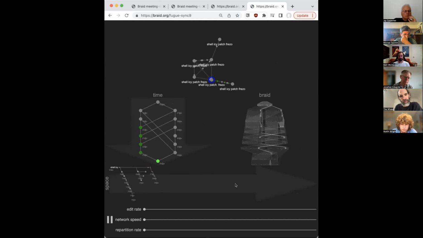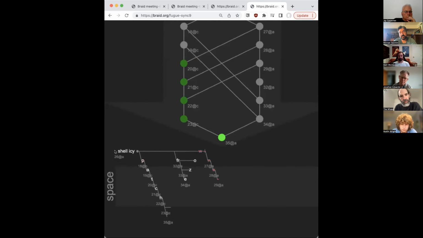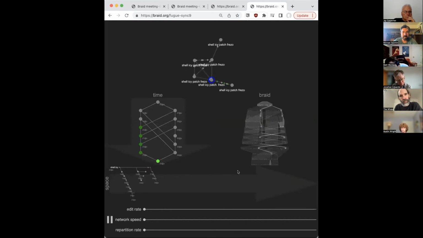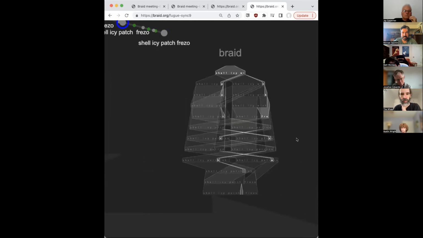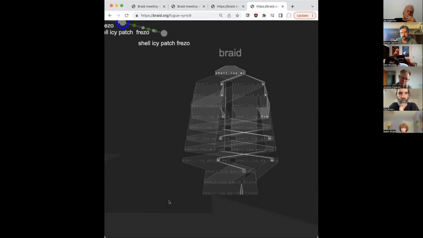This CRDT data structure supports strings, as you see here, but it also works for JSON, although we don't have a visualization for it. It supports arrays, strings, booleans, numbers, maps, and it has a mapping to the Braid data structure as well. This is just a different language for the same data.